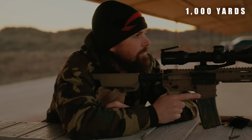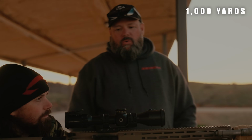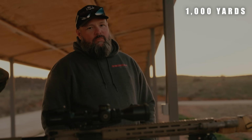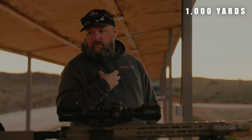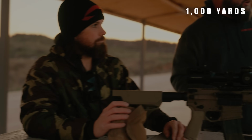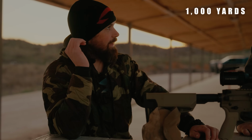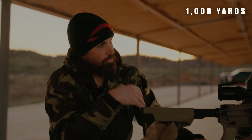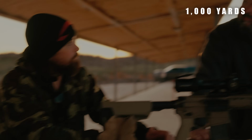Nate, did he hit it? I didn't see any movement. Let me check. So whatever it was doing the last time, it didn't move for him. Early on, it really moved. Like, you can see it, but right now it's not moving. I did on the one that I shot earlier. I felt like I saw it move in my scope, and then I saw the bullet kick. Well, I just saw your bullet kick. Yeah. We might be hitting those same channels again. Now it's just going straight through. Like, we're not getting that penetration where it's turning the torso over. Or I just totally missed it. You know, that could also be...